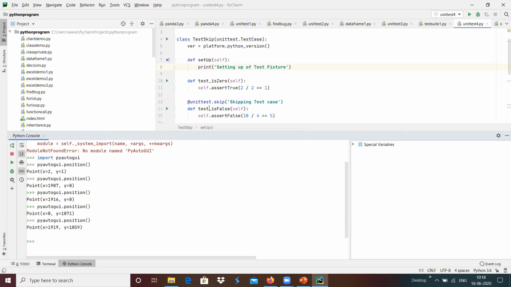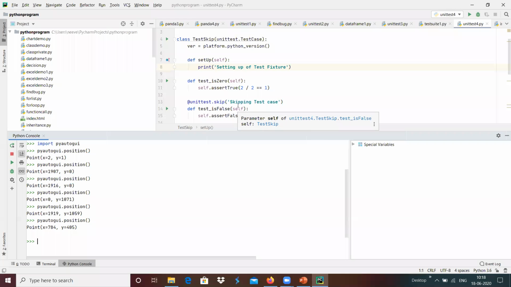If I keep the mouse in the center, the mouse pointer is at something like 700 cross 485. Like that, we get the mouse position with respect to the pixel points on our screen. In order to get the current position of the mouse, we can use the function called position, which gets the current position of the mouse pointer.